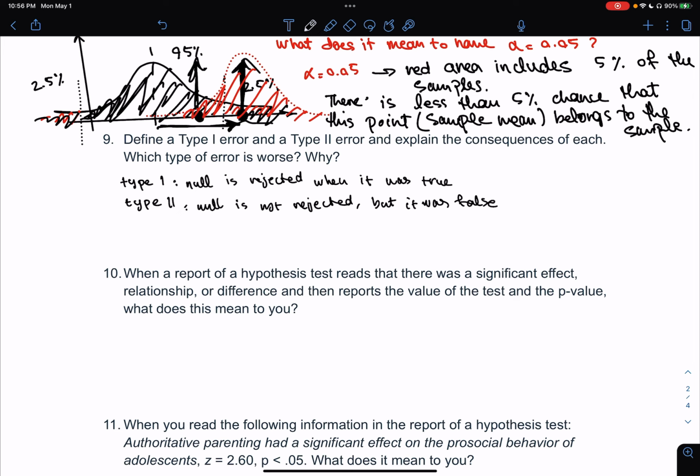For the type 1 error, we have rejected the null when we should have retained it. So this means that there was a treatment that was not effective,